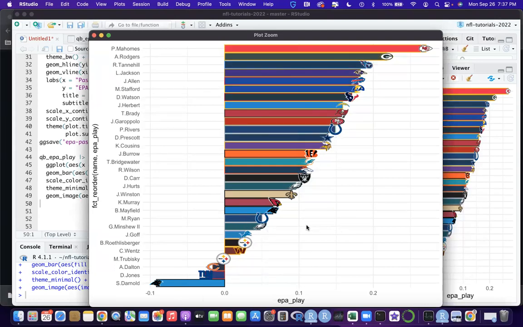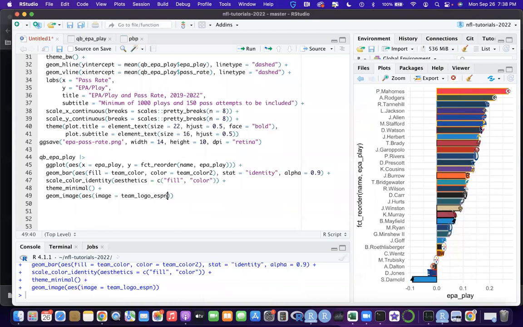So we need to move it in a positive direction when they have positive EPA per play and a negative direction when they have negative. What we can do for that is x equals, so this is accessing where the x is. If we put x equals 0.3, it would put all their logos at 0.3. But we can just do x equals if else. If else is a test, then what actually happens and then what not. So if their EPA per play is greater than 0,